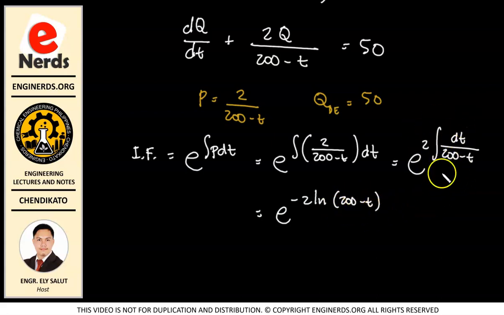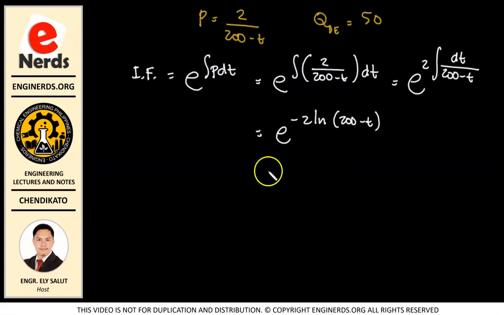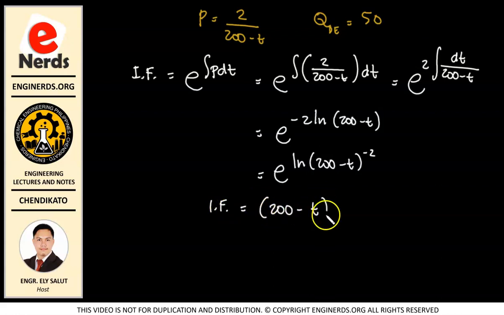Okay, so integral calculus lang yan at makukuha na natin agad just by getting the derivative of our denominator. Ano? So kaya nagkaroon tayo ng ln 200 minus t. But of course, we know that we can simplify this further. Okay, so we will have here e to the ln of 200 minus t raised to negative 2. And so therefore, our integrating factor is equal to 200 minus t to the negative 2